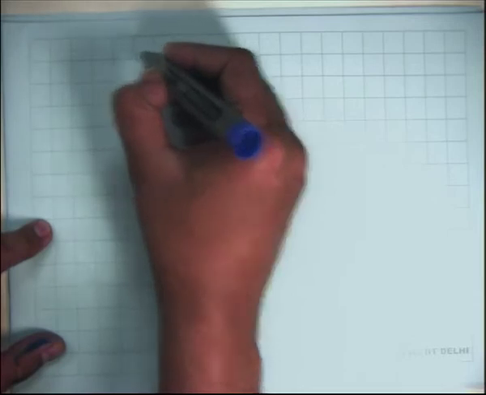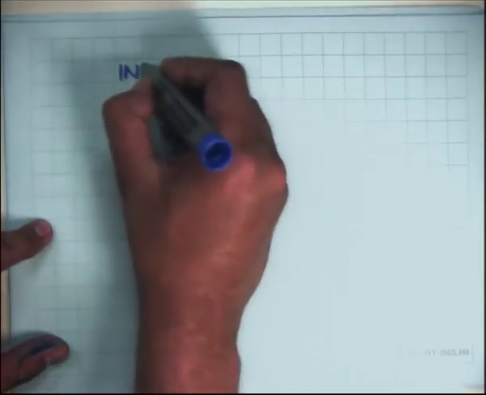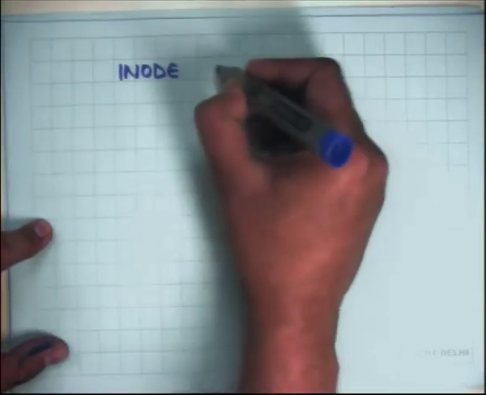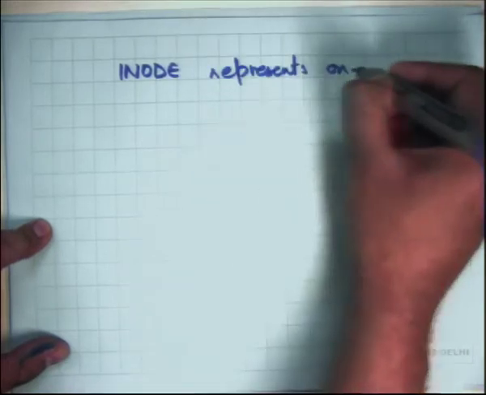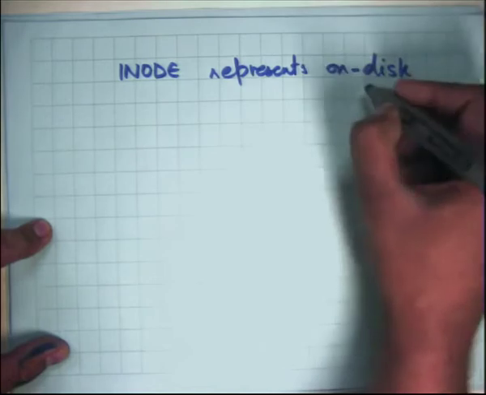What do I mean by names to files? So what is a file? Well, a file on a disk typically is separate from its name, so it's also called an inode. It represents an on disk file. It's a handle to name a file.